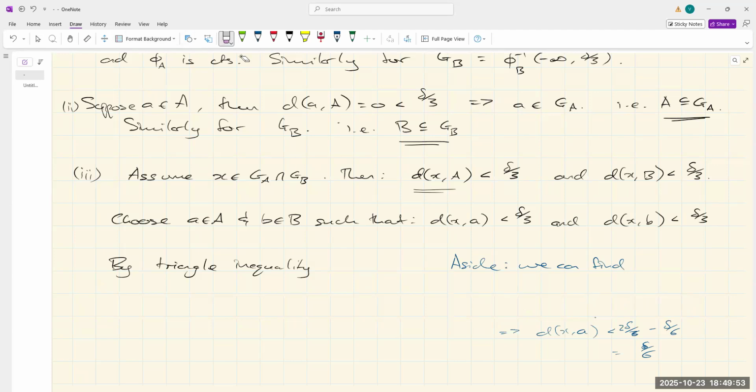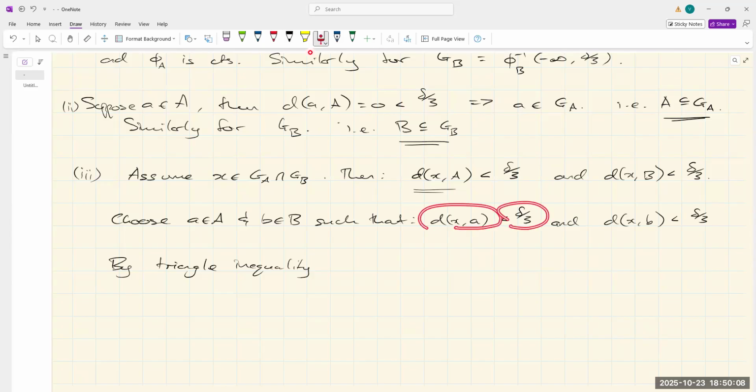Right, so what it's saying is that you could essentially just find an element in the set A and an element in the set B such that the distance between X and A could be arbitrarily small, and the distance between X and B can be arbitrarily small. So it doesn't really need to be delta over 3. It could be anything less than that as well. Right, so by the triangle inequality,